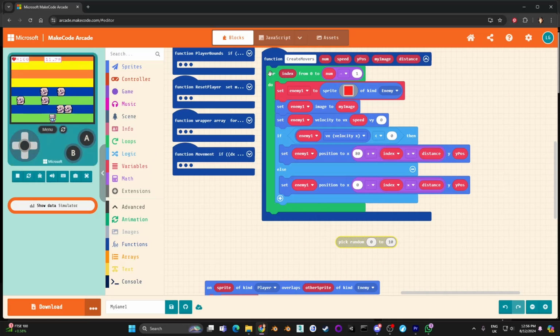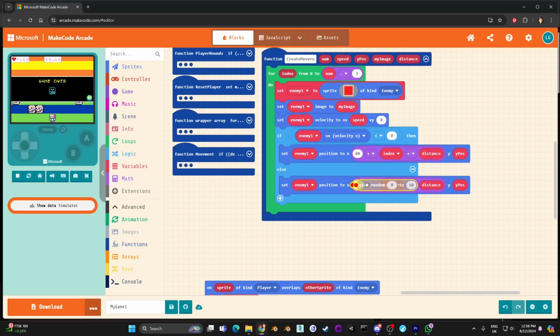If every single time we go through the for loop we pick a random position, we're going to have them overlap. That might be too confusing, but just follow along with me and you'll know what I mean. In fact, I'll show you what I mean. So if I pick here a random between 10 and 16 and we restart,